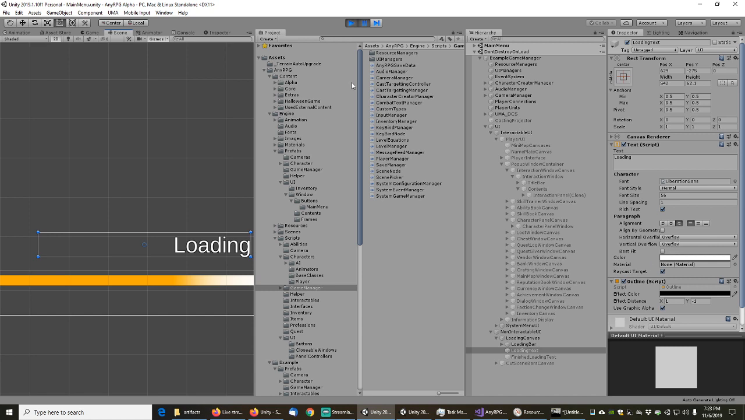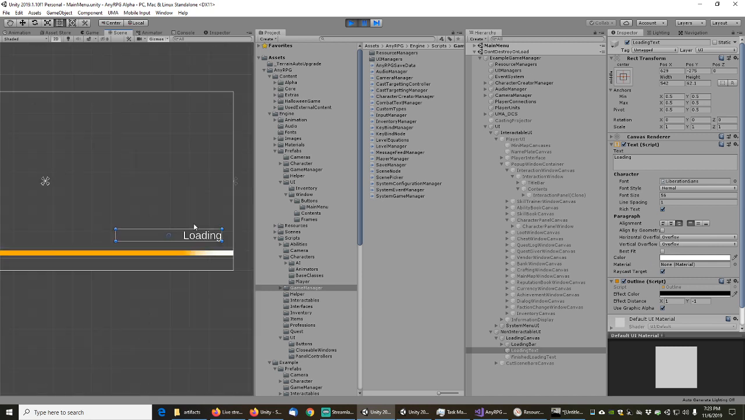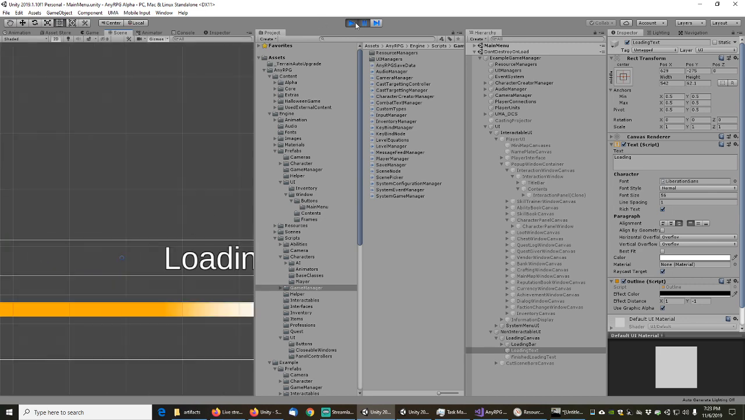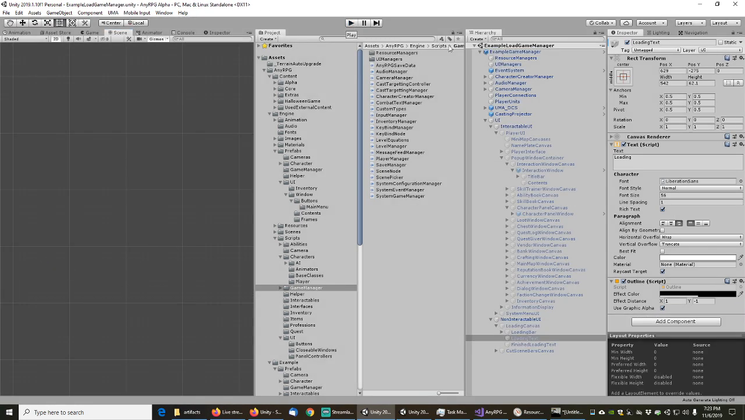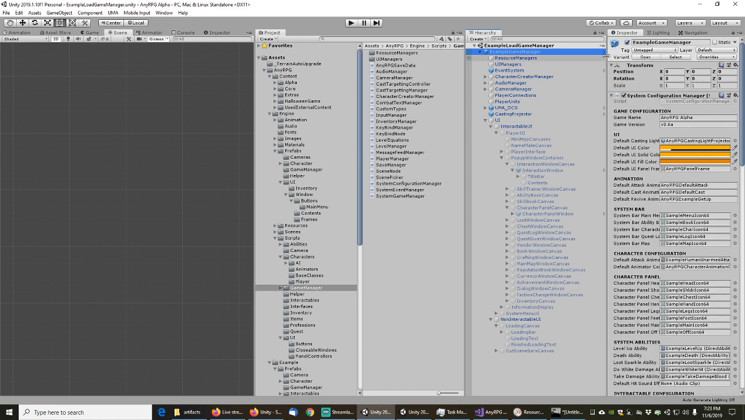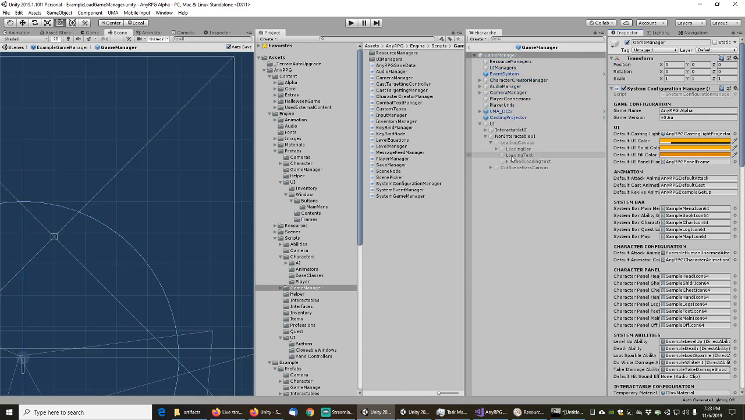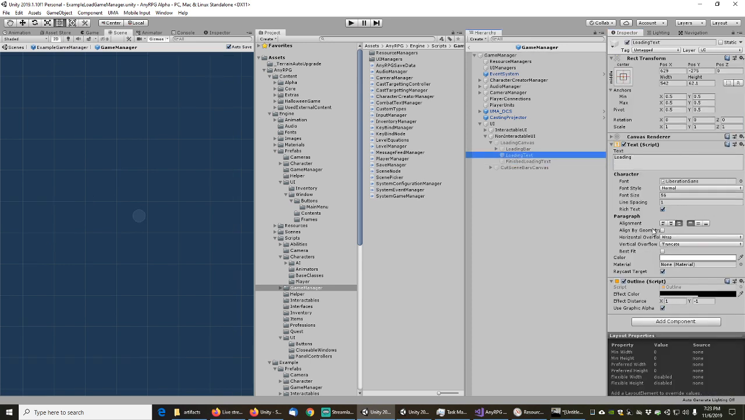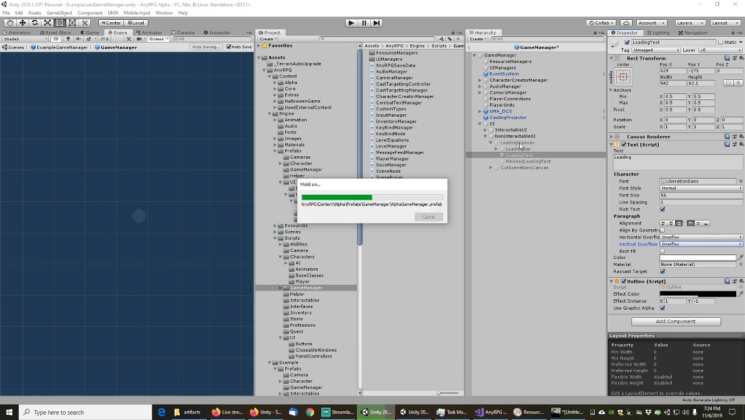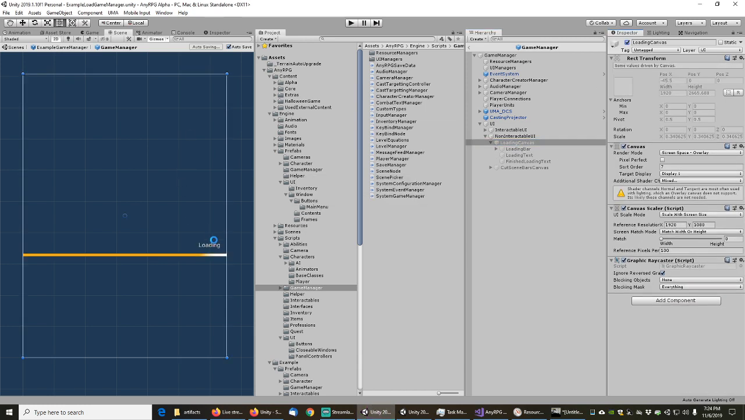The overflows weren't set. And wow, that looks a lot clearer now. It looked really fuzzy when I was editing it before. So if we go back into the game manager here and we look at the loading text, we're just going to set those both to overflow. Let's turn the loading canvas back on because